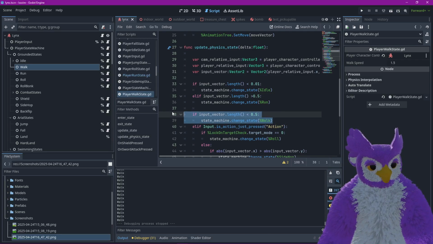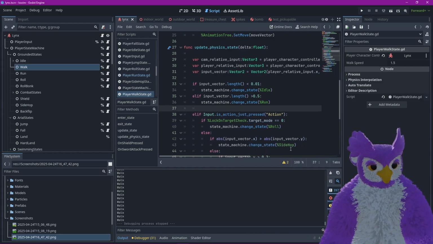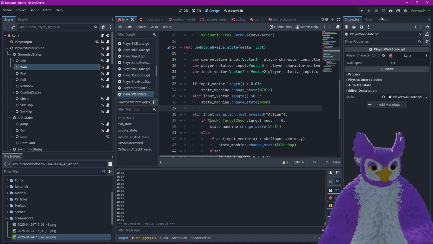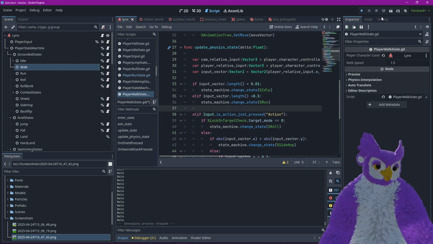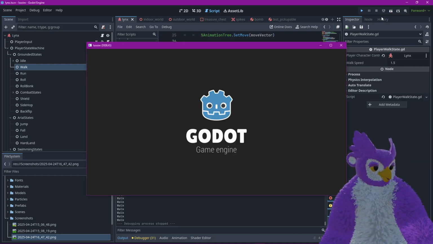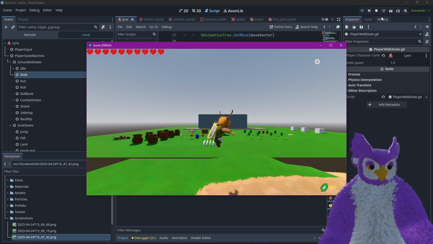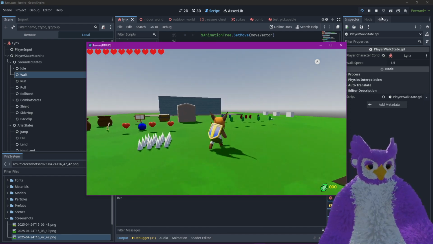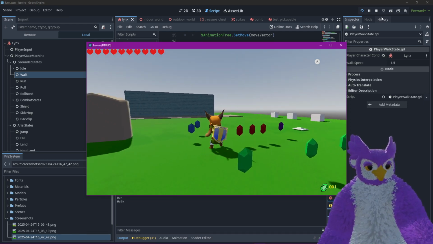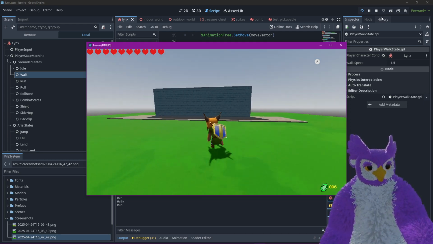We don't need this because we're already in the lock state. Alright, so we have one, we have run, and we have lock. And then